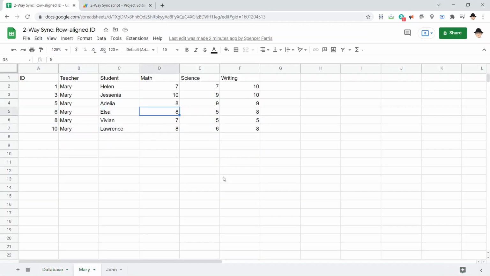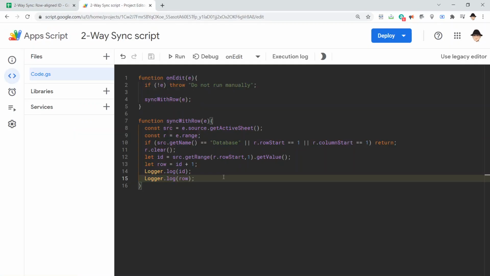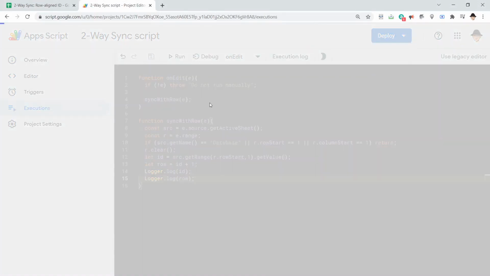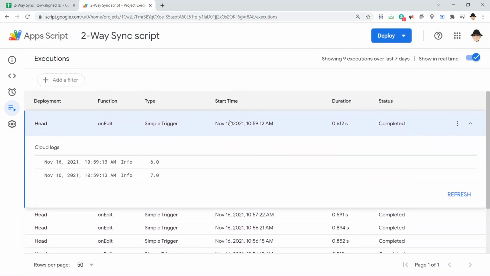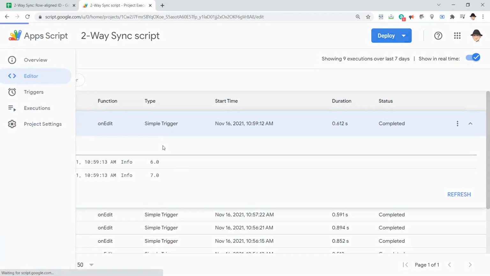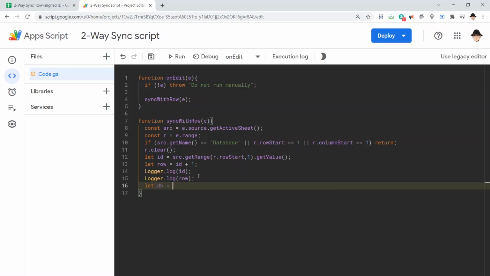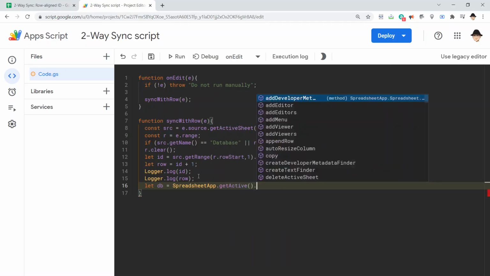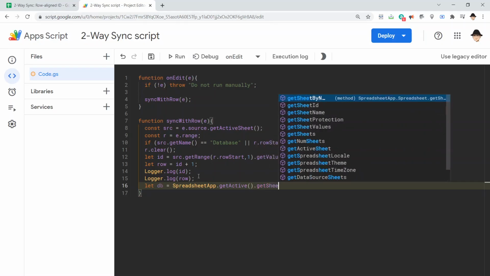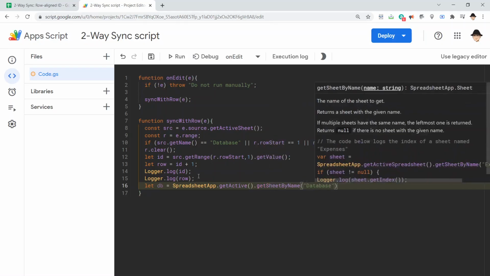Let's go back to Mary. Elsa did great. And again, it's not doing anything other than deleting that, so that's fine. Then we're not seeing anything happen there yet. ID 6, row 7. Perfect. So now what we can do, let db equals get the spreadsheet app, get the active sheet, get sheet by name, database,